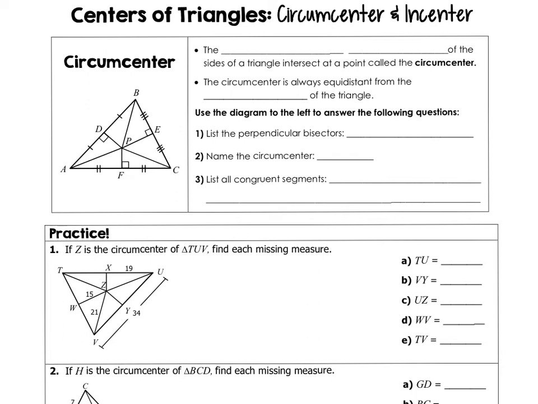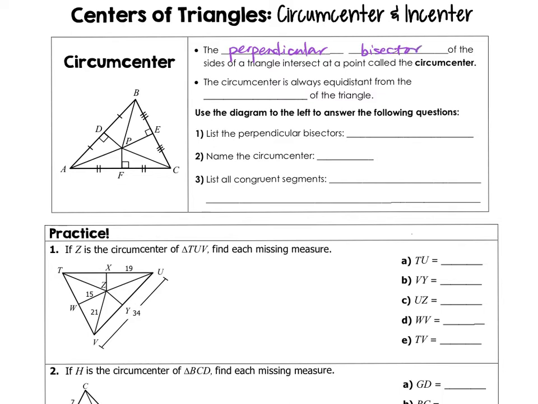Now, let's move on to a really important concept. Make sure you get the concept, because this is where things get confusing, only because people don't know what each of these vocabulary words represents. Circumcenter is the perpendicular bisector